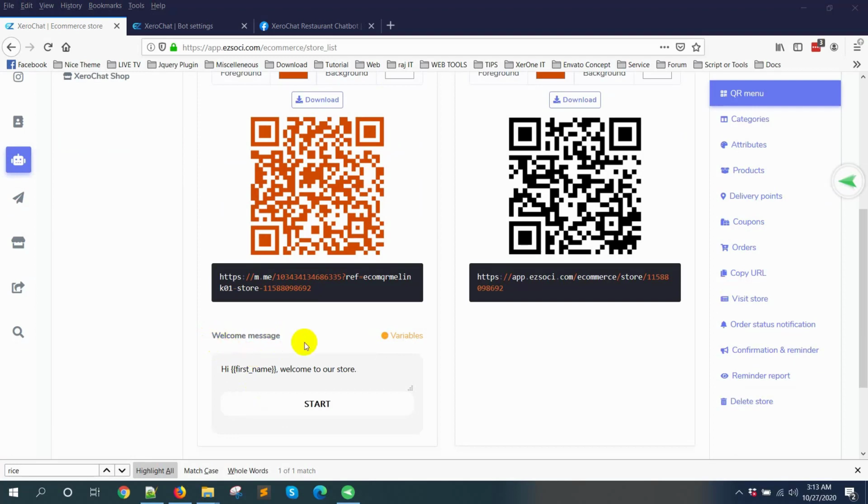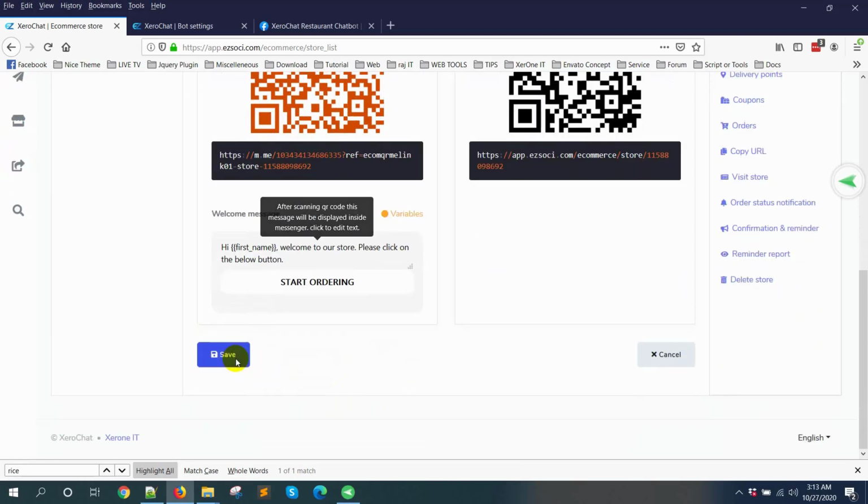Also here you can see the welcome message. You can change from here, like start ordering button, and also write please click on the below button. Save.